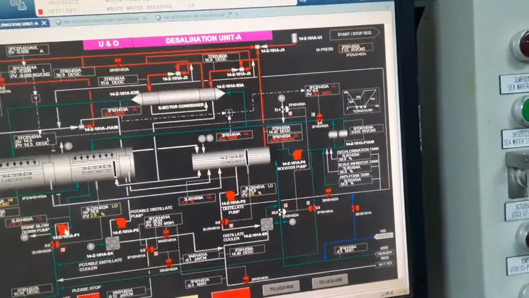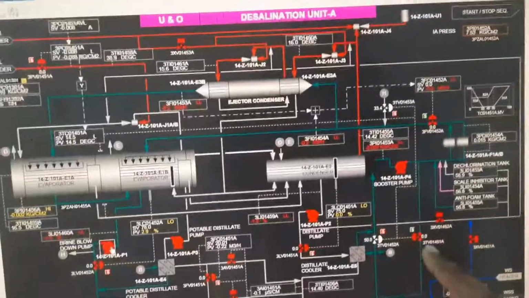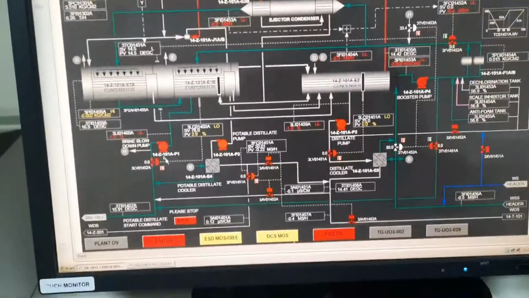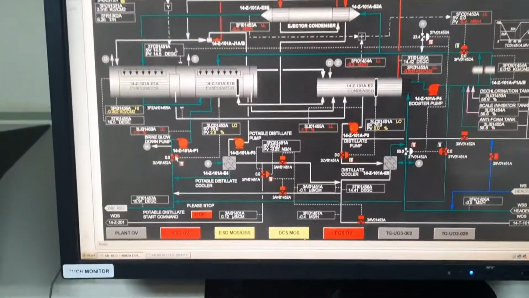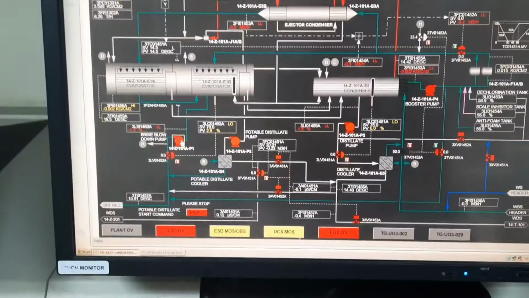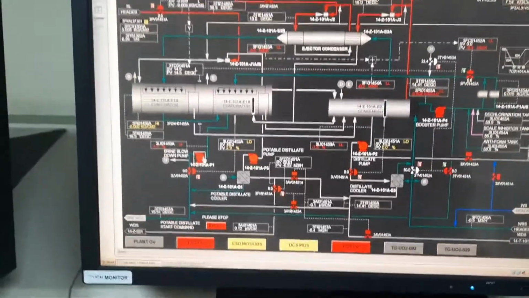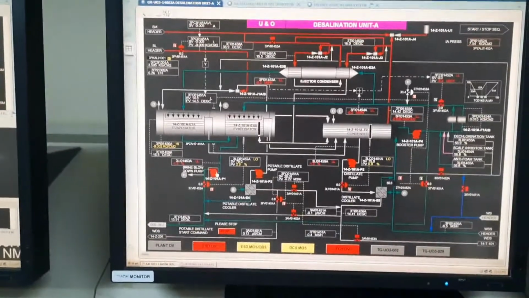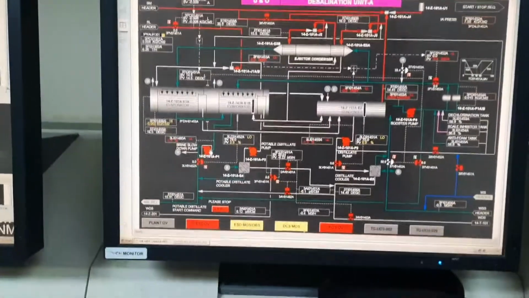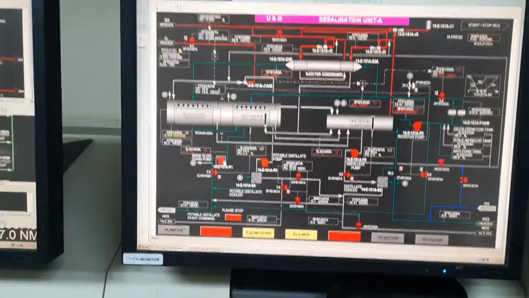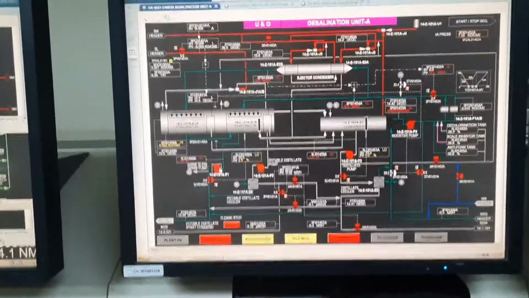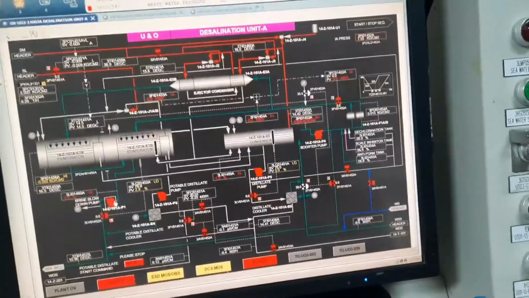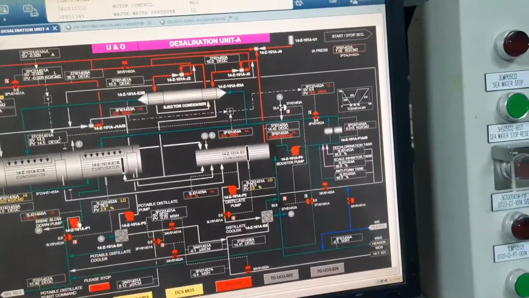So for the 6.5 pH, we have to open this temperature control valve, and after that we open this brine blow down pump discharge control valve and start the brine blow down pump. Slowly this water will discharge, and one operator continuously checks one sampling line on the brine blow down discharge side. They will check whether the pH is increasing or not. Laboratory people will check the sample from this side to see whether the pH is increasing or not.